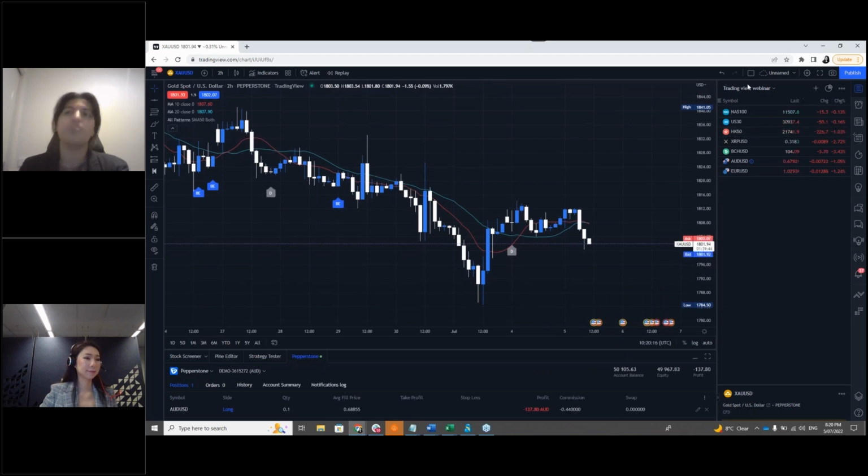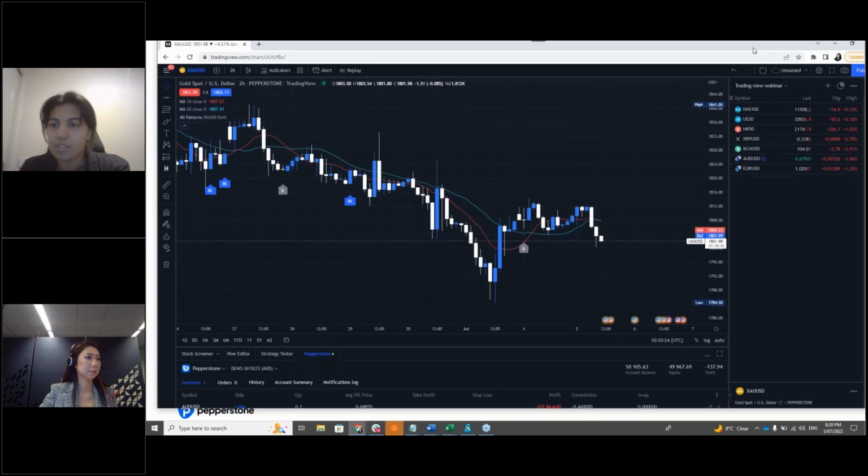Perfect. You can just set up different watch lists using that as well. So depending on what you're looking at, you can just toggle through them and you don't have to set them up every single time. Now on the right hand side, I'm just going to move this to the side here